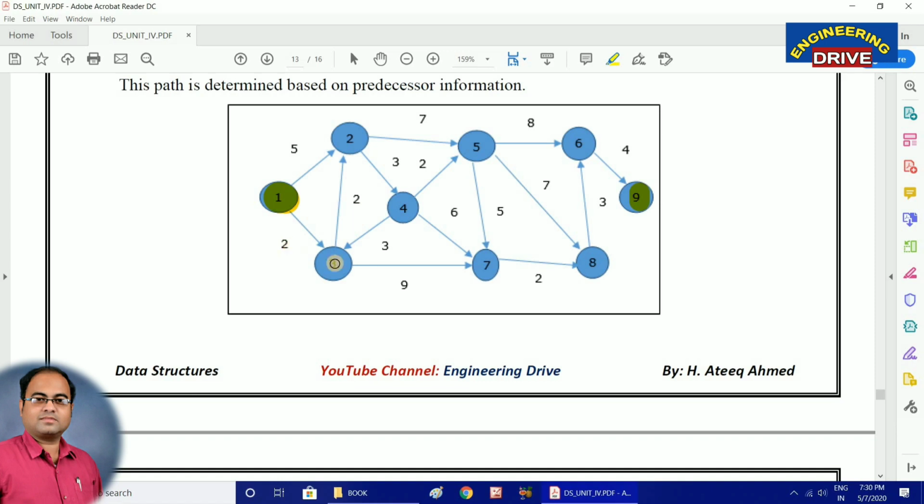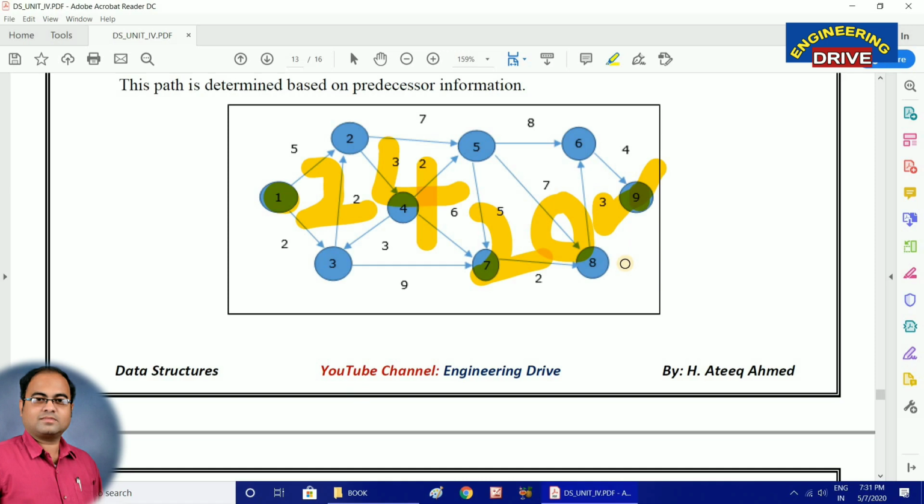Now I told you this is the shortest one. Now you calculate. 2 plus 9, 11, plus 2, 13, plus 3, 16, plus 4, 20. So you can see, compared to the other, this path produces less cost on the particular edges, which means we got the answer 20, whereas the path which has fewer vertices costs 24. Now which one is the shortest path? This one, of course, is the shortest path.